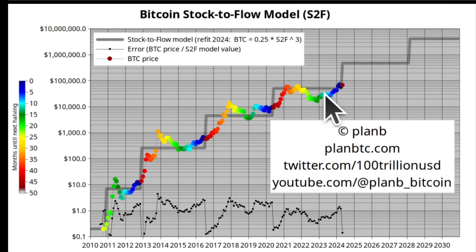First chart, Bitcoin stock to flow. Now, Bitcoin closed this month a little above $67,000. And it's the first red dot, the first month after the halving and a start of the new cycle. So, in my opinion, Bitcoin will pump after the halving like it did last halving cycle in 2020 and the cycle before it in 2017 and also after the halving in 2012 and 2013. So I think we'll see a pump again, and of course that's the core of the stock to flow model,